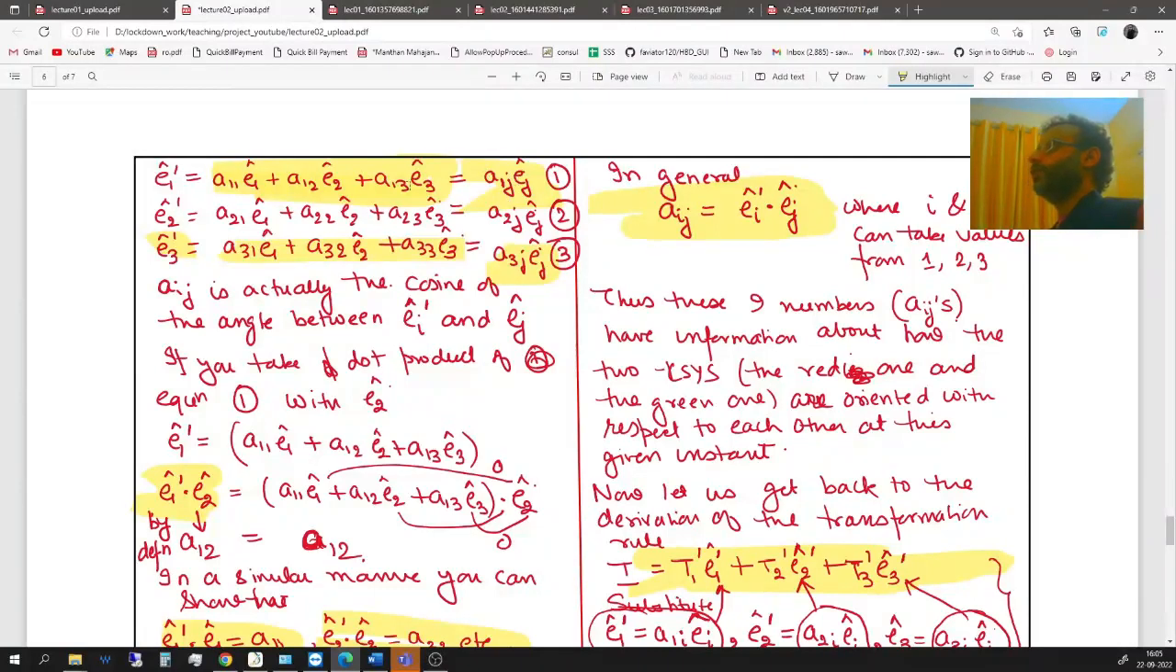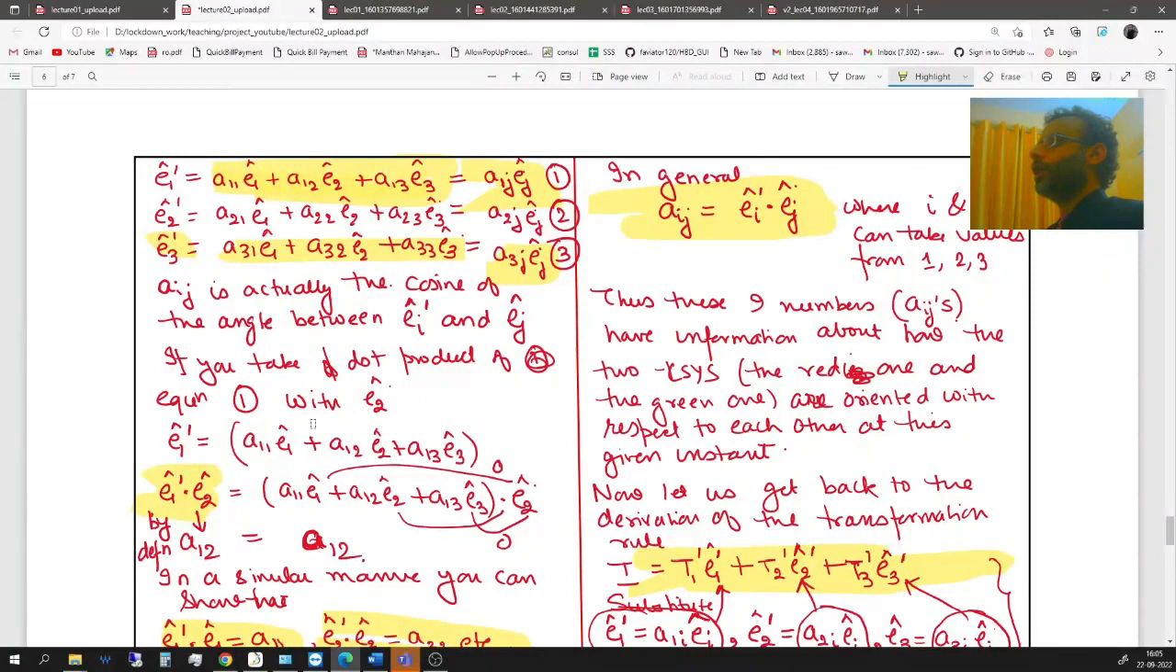And if you do that, you will recover this sum total of 3 terms that we have here in the middle of this equation number 1. Similarly, E2 prime can be written as A2j Ej and E3 prime can be written as A3j Ej. Now, if you think about it, the number Aij is actually the cosine of the angle that exists between Ei prime and Ej. And to prove it, what I can do is go back to equation number 1